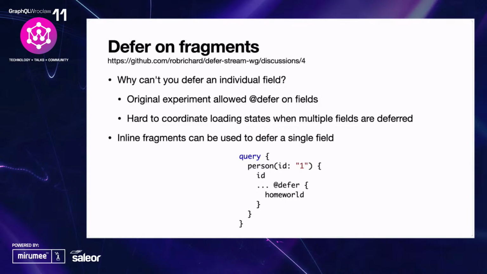Or you could just render the UI and as each field comes in, start updating it, but that's a pretty bad user experience. Your UI will be repainting and reflowing many times as the data is loaded. So instead, by supporting defer on fragments, the client is basically telling the server to give me the results of all the fields in this fragment when that entire fragment is finished resolving. Now your client only needs to wait for this payload for the fragment and it can render its whole UI. And if you do want to defer only one field, you can wrap it inside of an inline fragment.